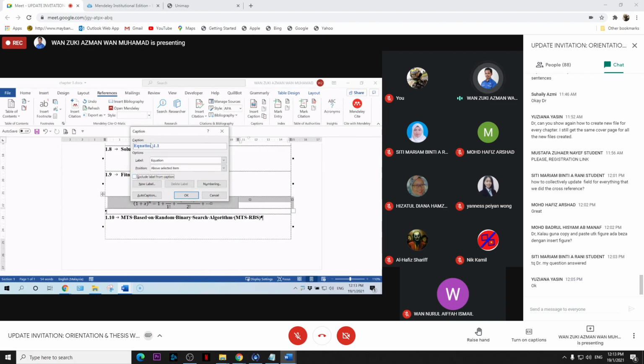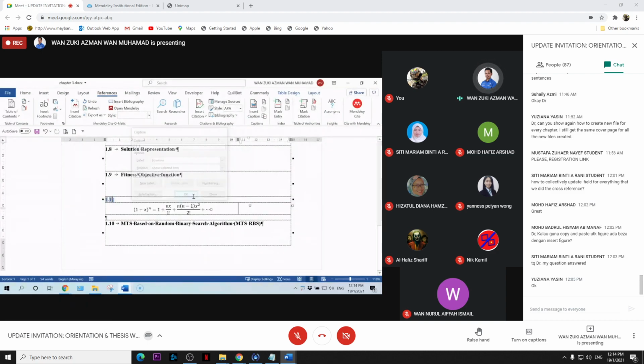Unimath just wants the equation number, no need for the label equation. So you can exclude here. Exclude label from the caption. And then again, you must follow: include chapter number and use separator period. And then click OK, and then click OK.